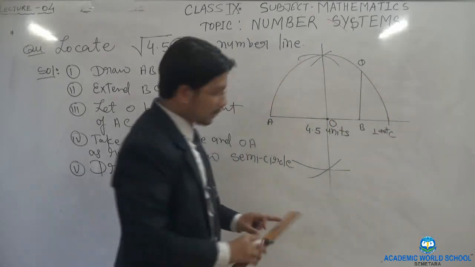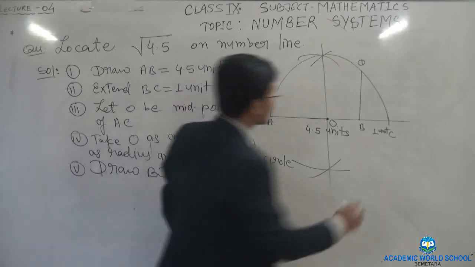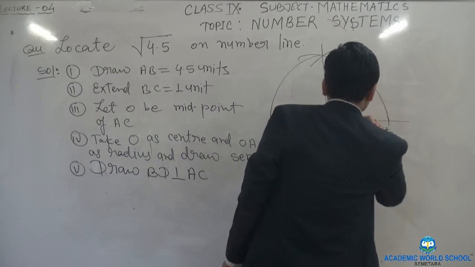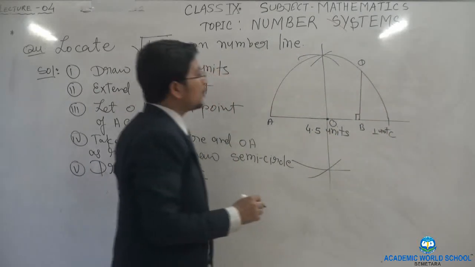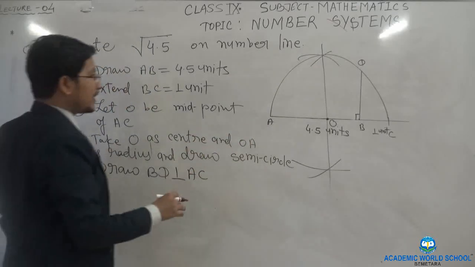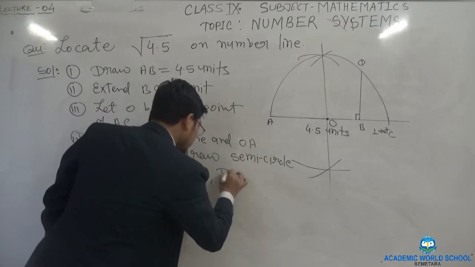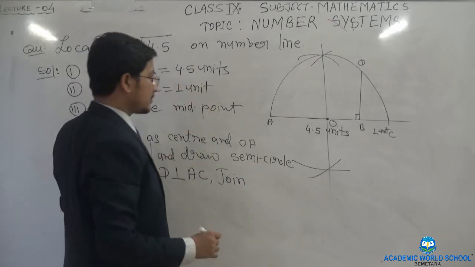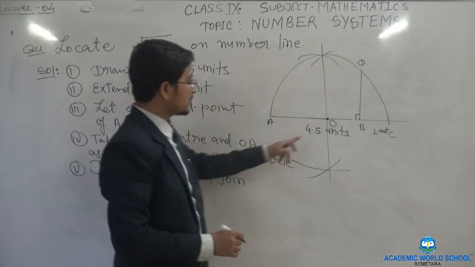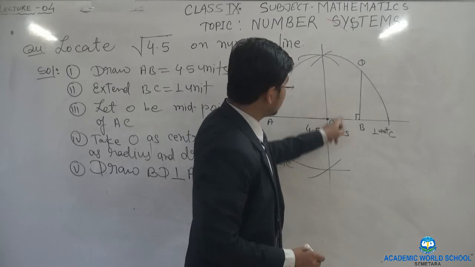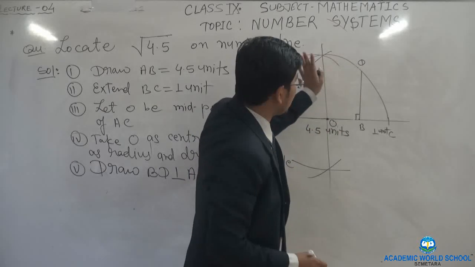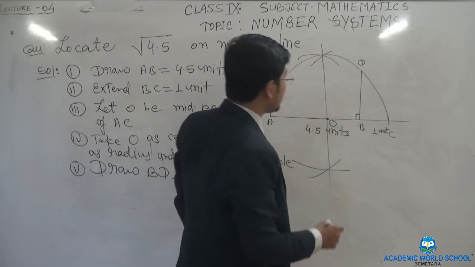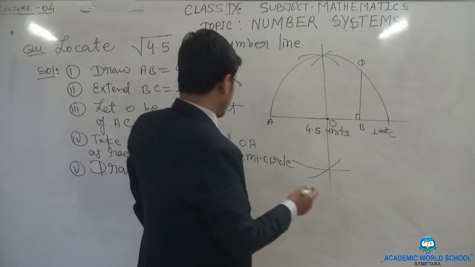BD perpendicular. BD is perpendicular on AC. So now we are going to join OD. Even if you are not going to join, that is not important. Now what we have to do is,